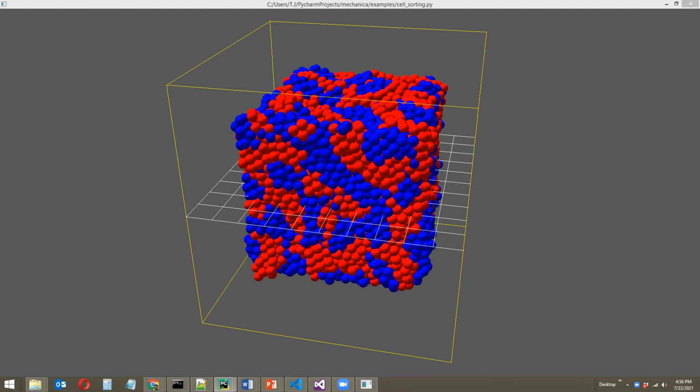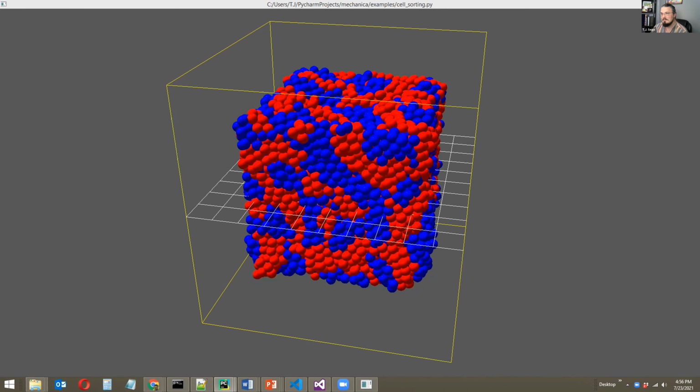So in some sense, technically every cell is its own SBML model, but every cell of a given cell type is initialized from the same initial state of some SBML model, and then it just goes from there on its own.